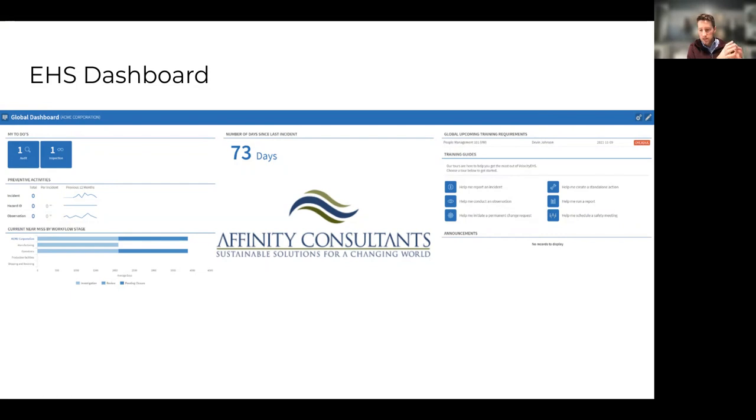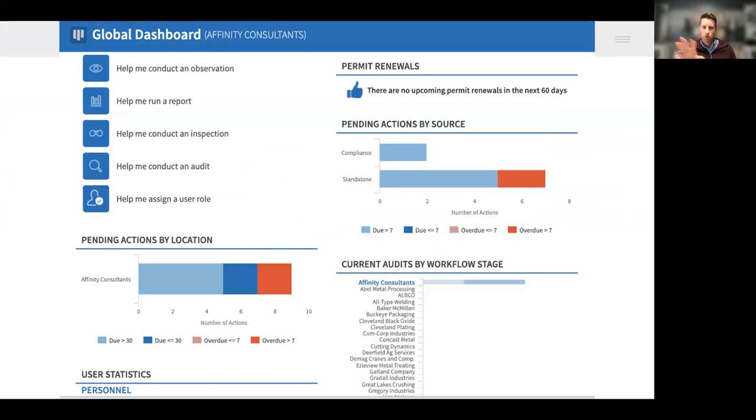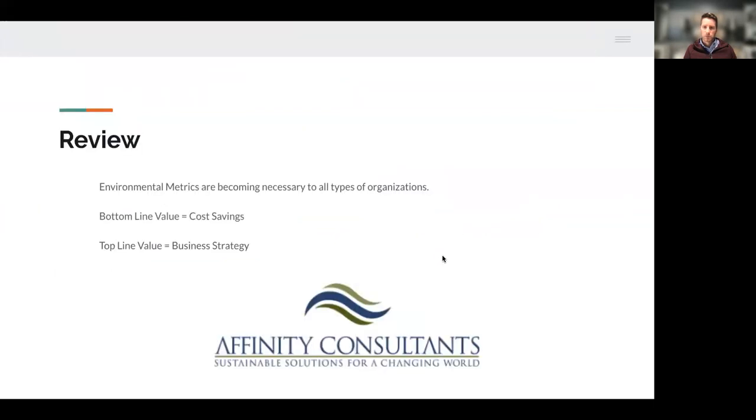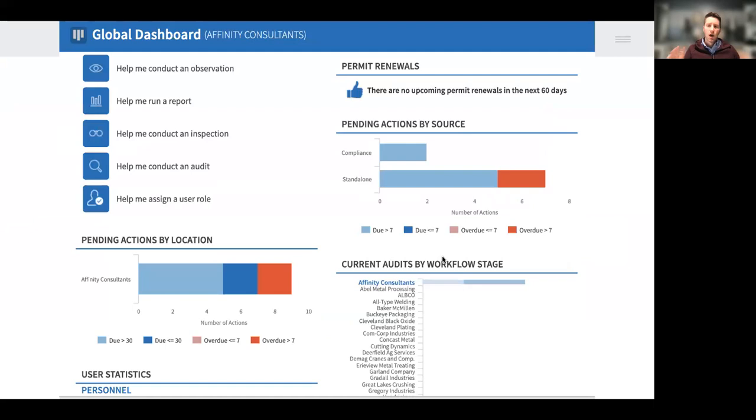We have a client specific page that anyone in the company can log into and utilize with the corporate staff or with anyone else. We use it in safety meetings. We use it in management review meetings for ISO. We could bring this up and track who's doing what, the tasks. This is how we also track audits and things like that. Again, just a real quick look here at how it looks, and a lot of different ways we want to make sure that this is customized